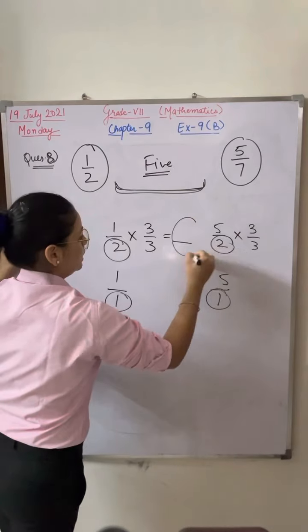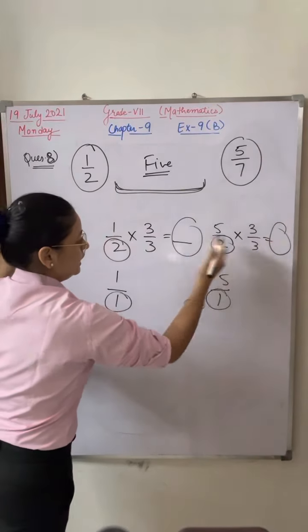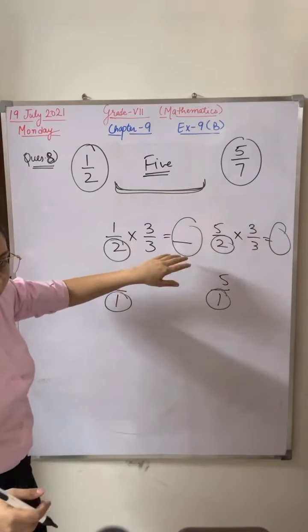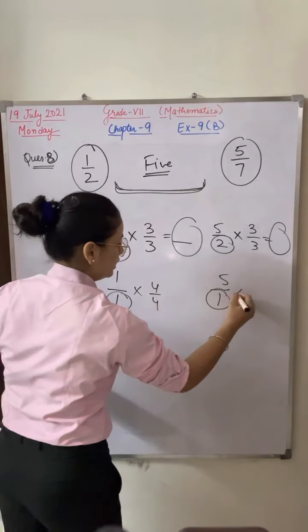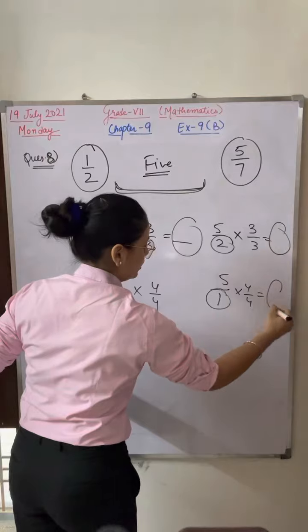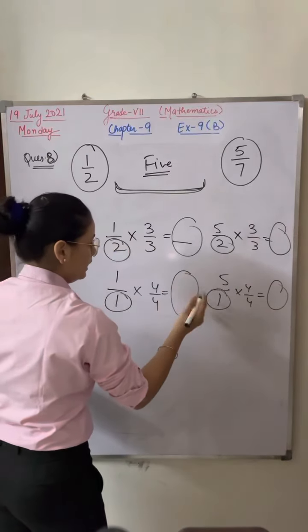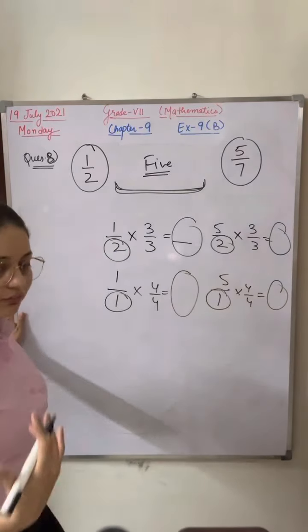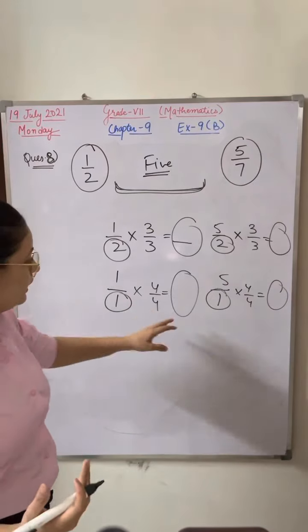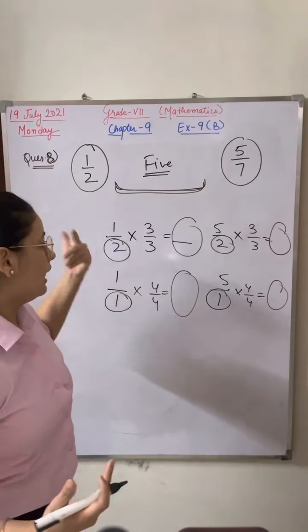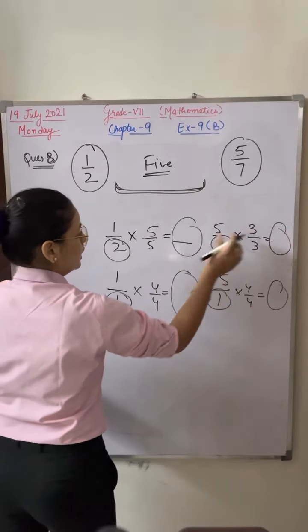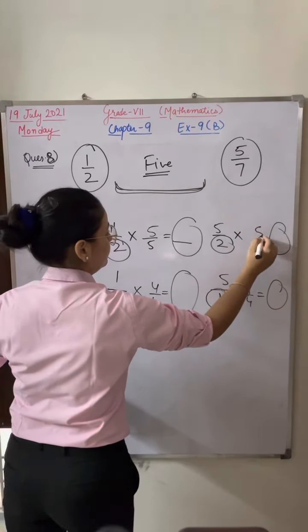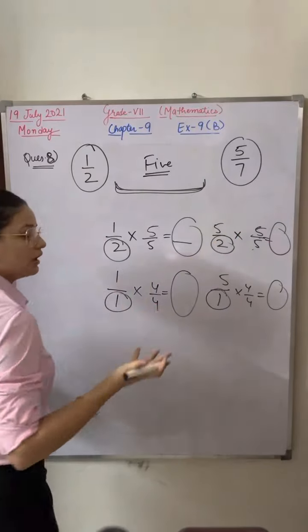And check it out. In between these two, is the requirement possible or not? In between these two, suppose 4 by 4. Check it out. Whatever rational numbers are coming, is it fulfilling our requirement? Yes or no? Otherwise, multiply with a larger number, 5 by 5, on both sides, and check if the answer is coming or not.